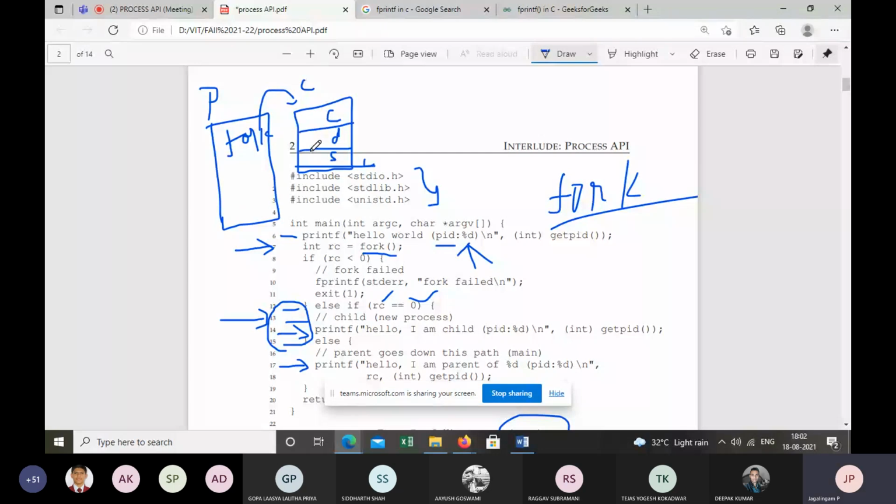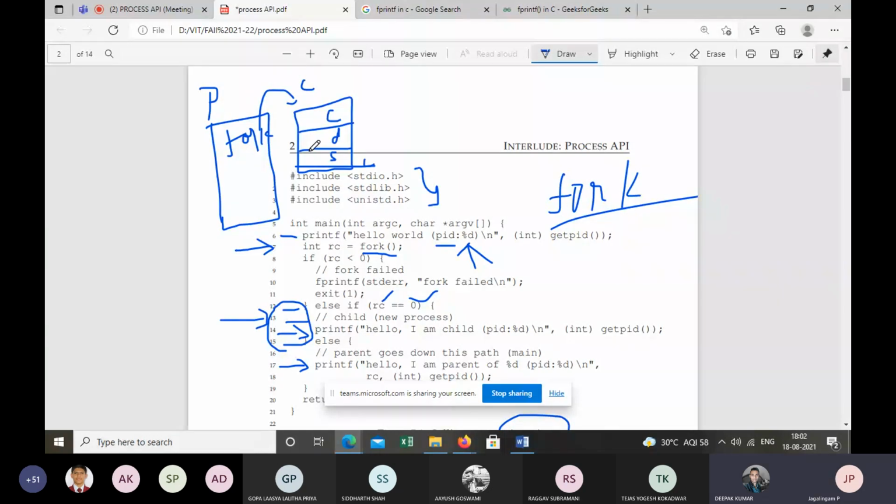Sir, it's returning the new process PID. Yeah, good. The child will have a different process ID. Okay, sir, now I understand.